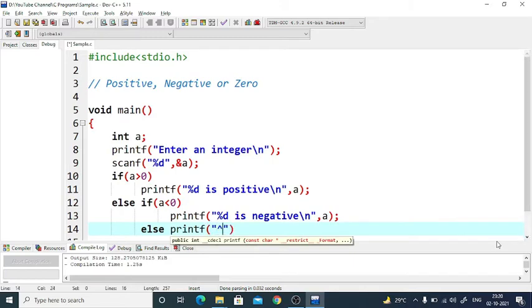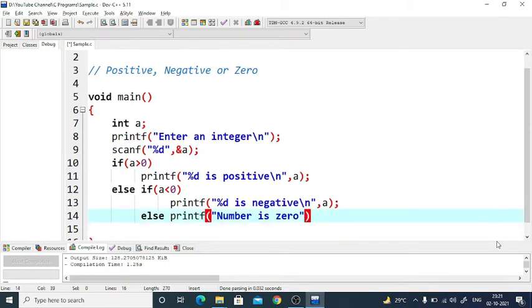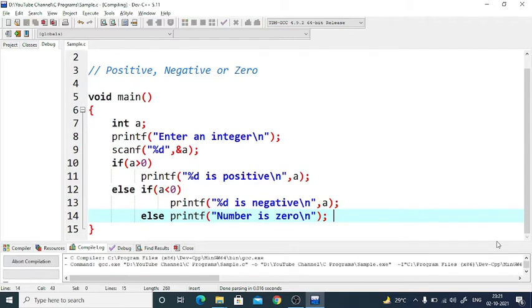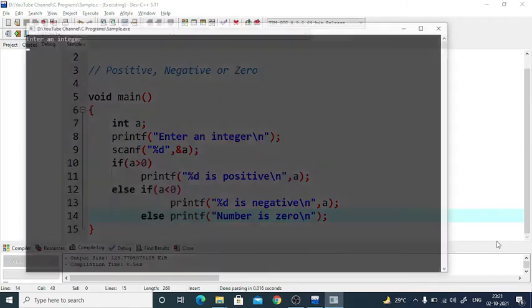So printf, %d is... now instead of saying %d is 0, it will be better to say number is 0, for a simple reason. If I put %d is 0, then the output that I'll be getting would be 0 is 0, even though it's correct, it doesn't look good. So I can simply say the number is 0. That's it, and that's how I'll be able to do the checking for a given integer, whether it is positive, negative or 0. So let's first compile and we'll see the execution.